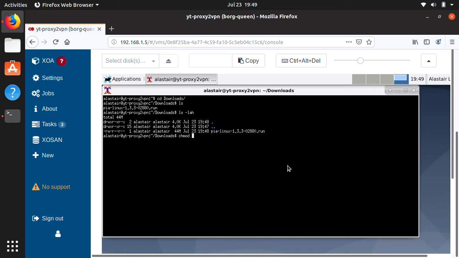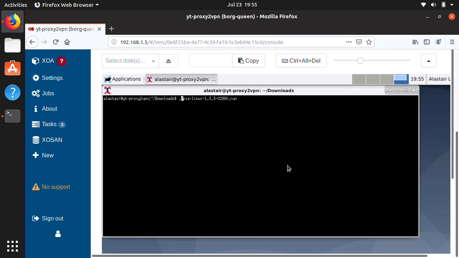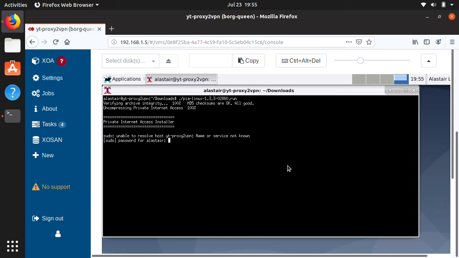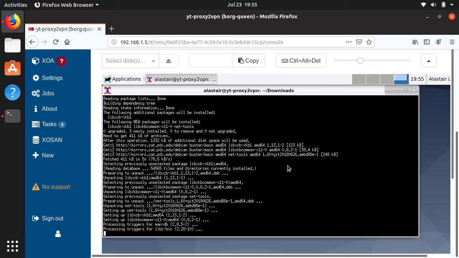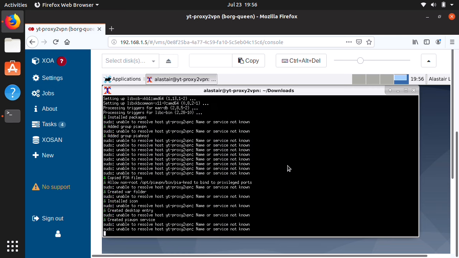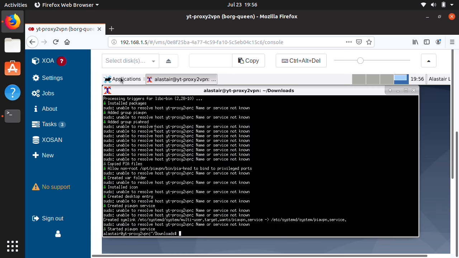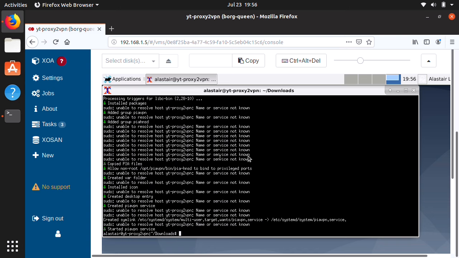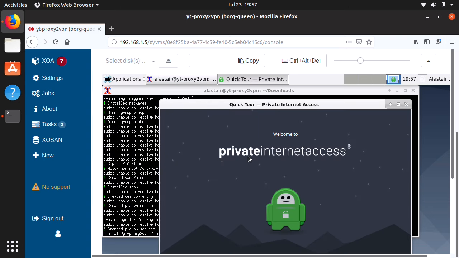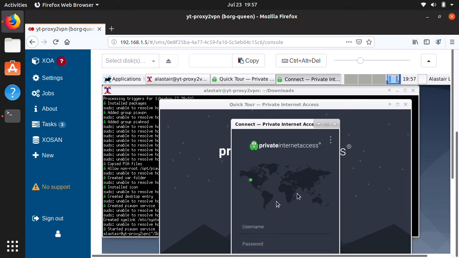Go ahead and get this installed. I did have to install sudo to get this to work. That's apparently a requirement. They should probably fix that. And we see here it's installed, so get it launched up. There it is, very good. And now that we see that it's working, we can go ahead on to the next step, which is,